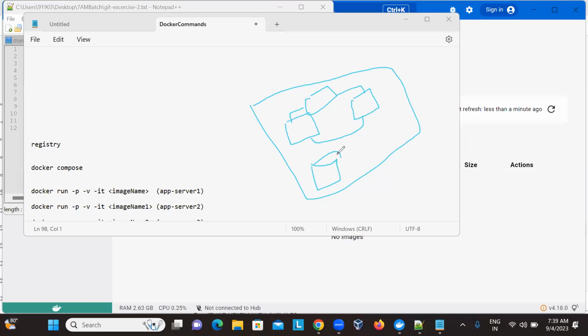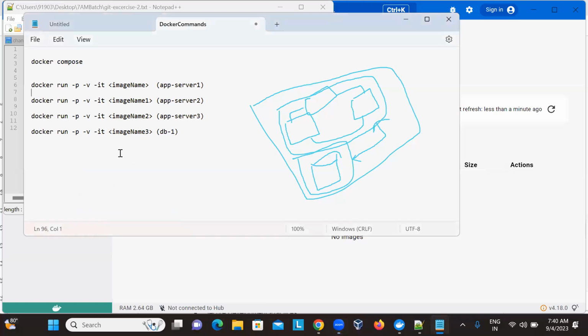For example, these three are in one network, and the database is in another network. This is a very private and secured configuration of a Docker network, meaning these three microservices, or these three app server containers, communicate with each other because they are in the same network. You have to bridge these two networks in order for the containers inside one network to communicate with the other. If we want to create a bridge network between the two different networks here, then these two are able to establish communication between these containers. So at that time what you need to do is